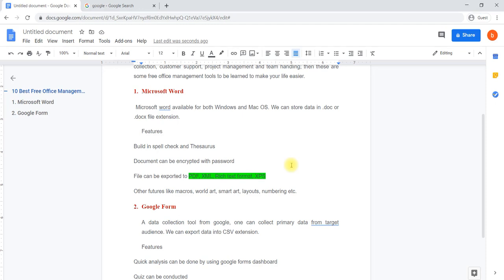Now we'll try to learn about how to give numbers like bulletins or numbers. For example, here this is the Microsoft Word. I have written a small description about that, and the features available in Microsoft Word have been given here. I would like to give the numbers: number one point, number two point, number three point, number four, like that. Those to be numbered.